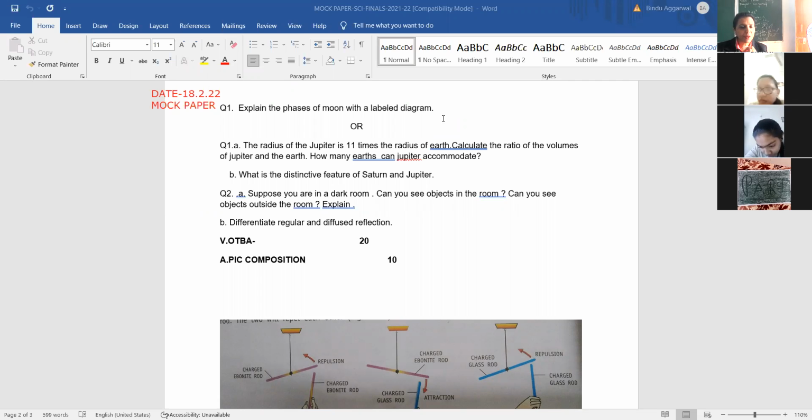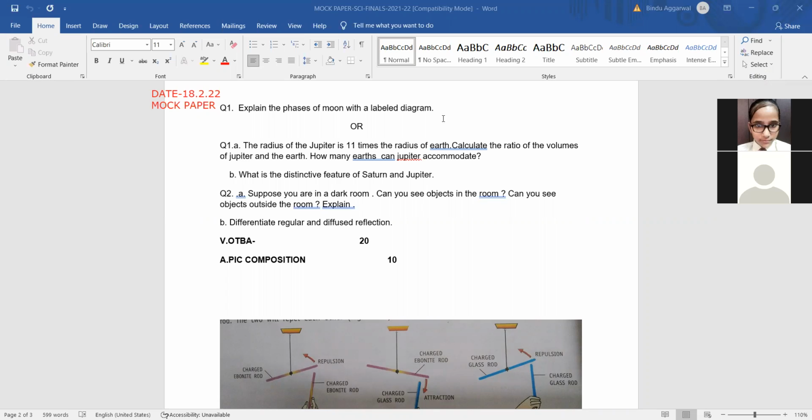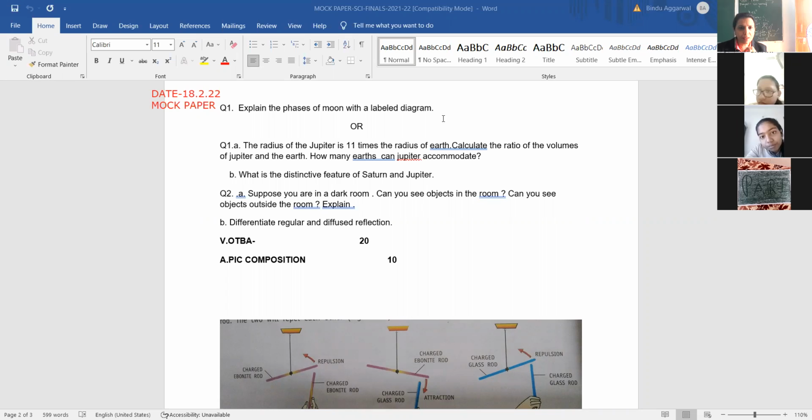Okay. And one more is there. It is less dense. It floats on water. And other is Jupiter. Jupiter is quite big. And what is to it? Around how many earths it can contain? Around